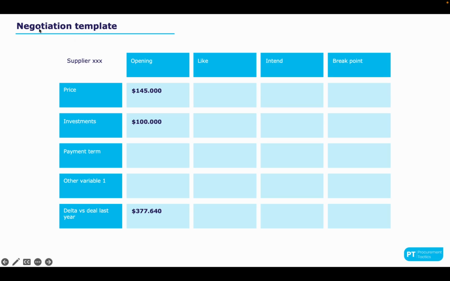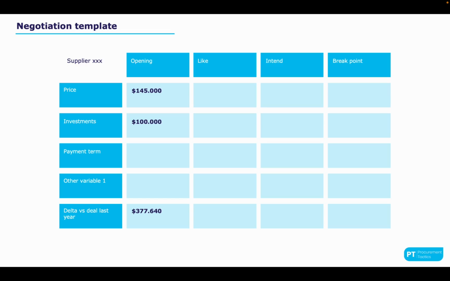When you go into your negotiation, this template will help. So before, determine which are the most important variables that will occur within these negotiations. Of course, in my time as a procurement manager, price, and this accounts for everyone, is always very important. You have number 2, investments, also very important. Number 3, payment terms. Number 4 can be a variable for yourself, which is very important. And of course, in the end, you want to have a deal